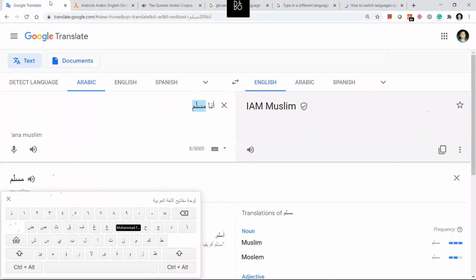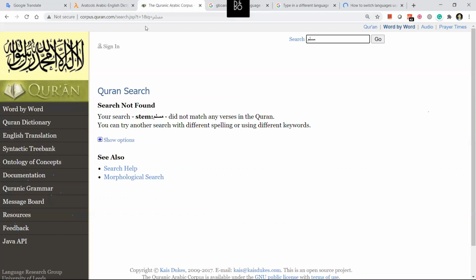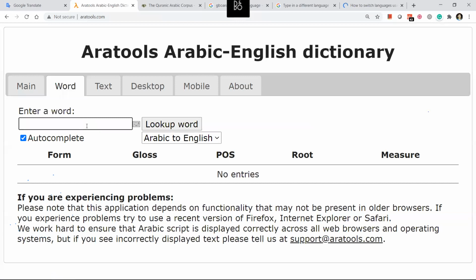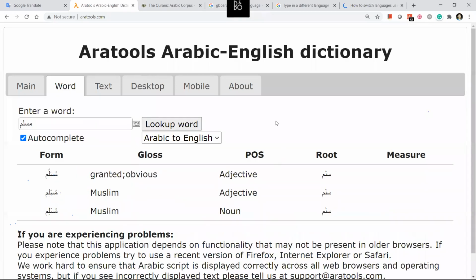So we use Google Translate. We use Corpus, which is Quran translation and word by word and type of word by type of word meaning. Third is Aratools. Aratools is just going to tell you what type of word it is and what is the Zabar Zair Pesh. So you find a word, you don't know what Zabar Zair Pesh, you use Aratools. So I type Muslim, Meem, Sin, Lam, Meem. What it tells is, look, there's a word you can make with this called Muslim. Okay.